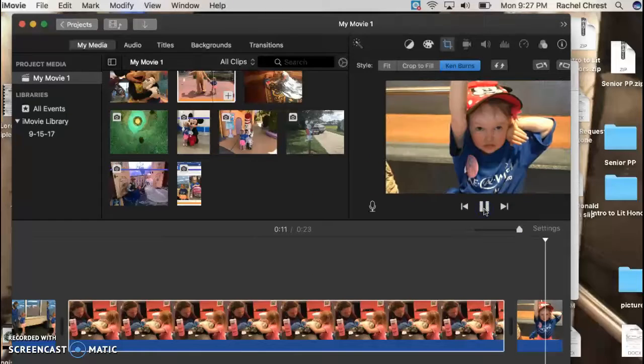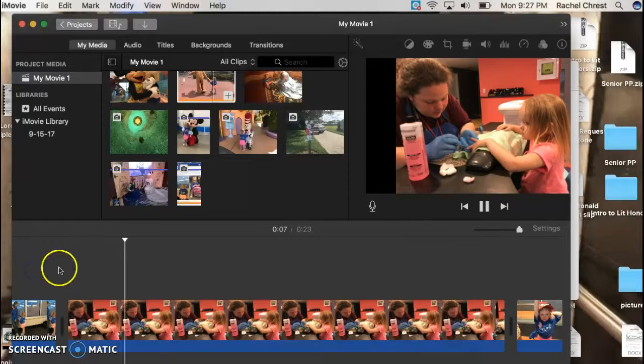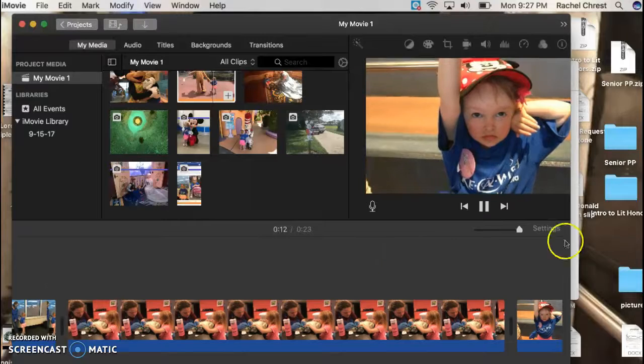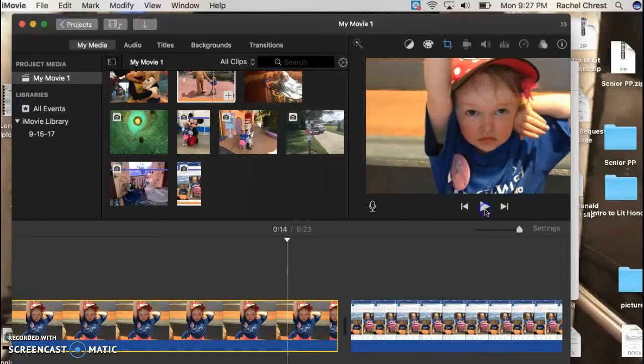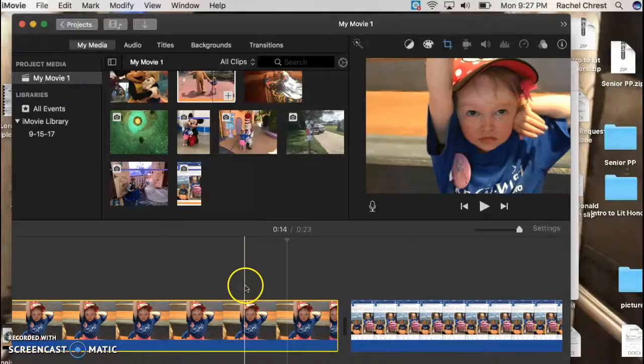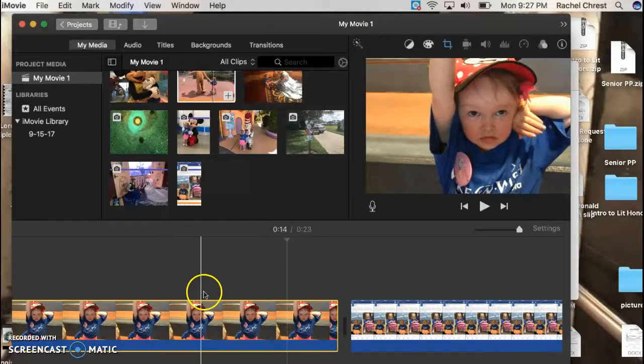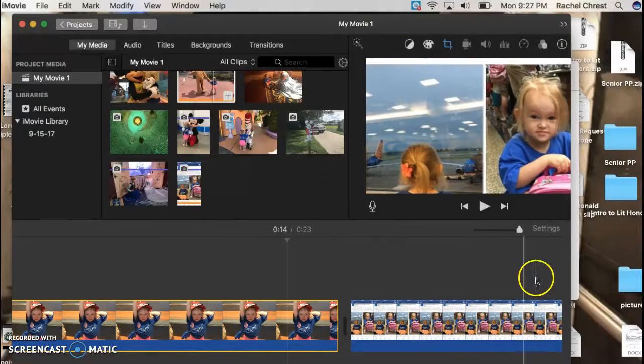And you can preview that here. You can preview your video at any time there. So there we can see that there's no movement in that photo after I've changed that. And all the others are still moving. It automatically goes on to Ken Burns effect, so you will want to change that if you don't want the Ken Burns effect. And I would suggest that you try to eliminate that Ken Burns effect as much as possible in the montage, because you want your video moving quickly, and if you have a bunch of moving video, that's going to make things really